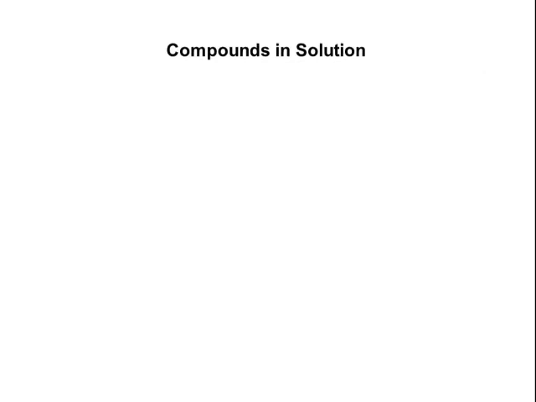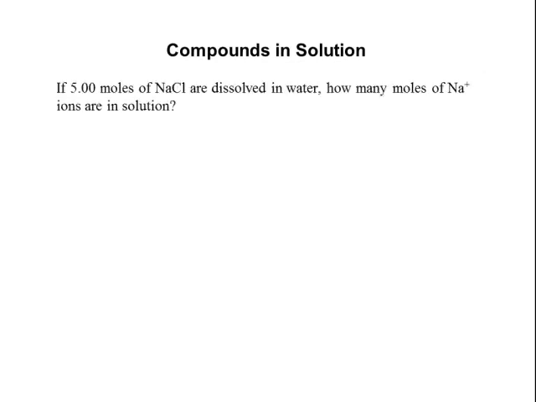Right? So let's look at some calculation examples of this. If I have 5 moles of sodium chloride dissolved in water, I want to know how many moles of Na+ ions are going to be formed in solution. Well, if I start with my 5 moles of sodium chloride, I know that for every 1 mole of sodium chloride I get 1 mole of Na+, so I'd end up with 5 moles of Na+. A pretty straightforward calculation, but keep in mind I'm using that mole to mole conversion between the formula and the